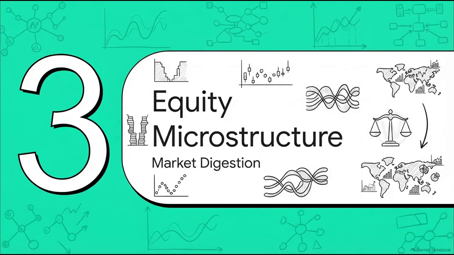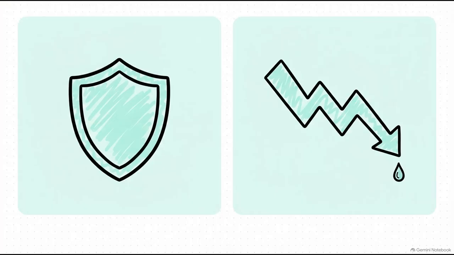Let's dive into Section 3, Equity Market Microstructure. So how are stocks digesting this new macro reality? Through extreme, multidimensional polarization, megacap tech is holding up the indices with their massive cash piles and AI momentum. But if you look under the surface at the Russell 2000, ticker RUT, it tells the real story. It closed today at